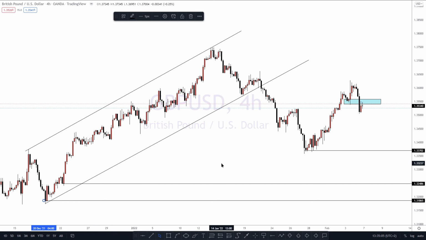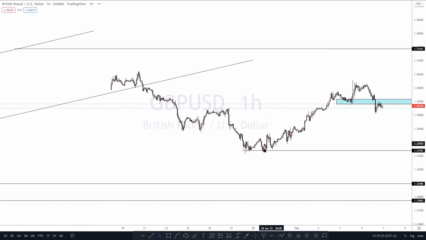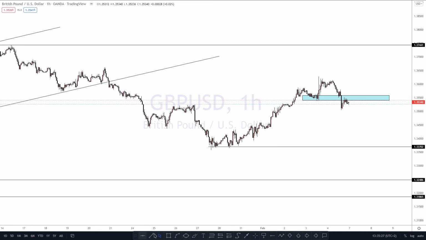But we can still be wrong. Price can just decide that it will break above again and then just continue to the upside. You can decide to just do this, come back in, and then just go to the upside, and that's very acceptable and understandable. But going to the 1 hour, just to try and see what the pair is showing us,